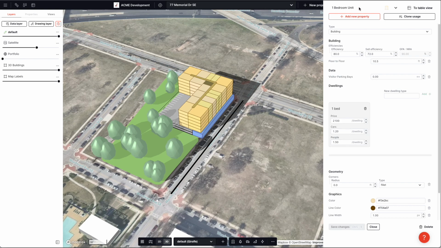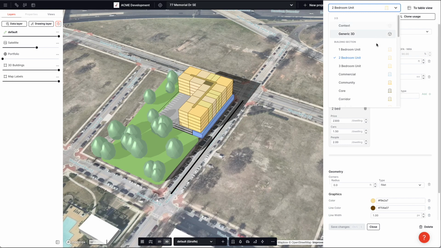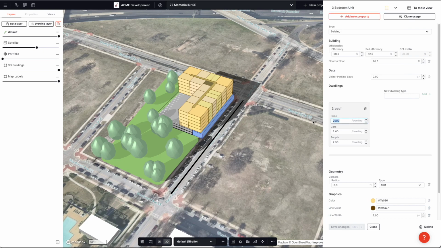And we'll save that. Let's drop down to the 2-bedder. And we know that this is actually much higher. So we'll say 2,300. And again, the city has mandated that we have 1.5 car spots per dwelling. 3, we said these were super luxe, so let's put them in at $3,200 a dwelling. 2 is about right. And then let's duck over to our studio, and again, that's very low. Let's put that up to 1,800